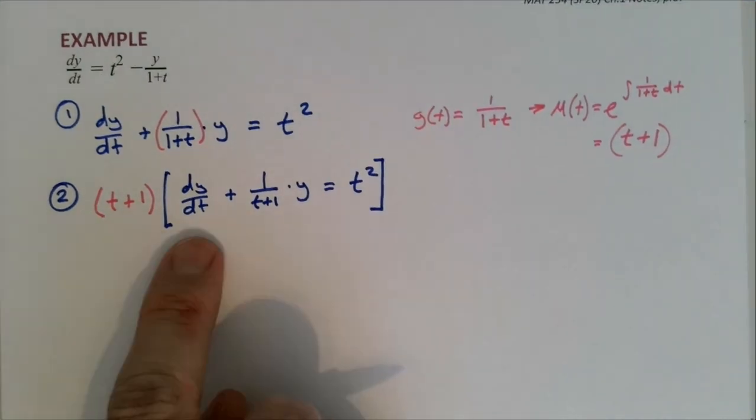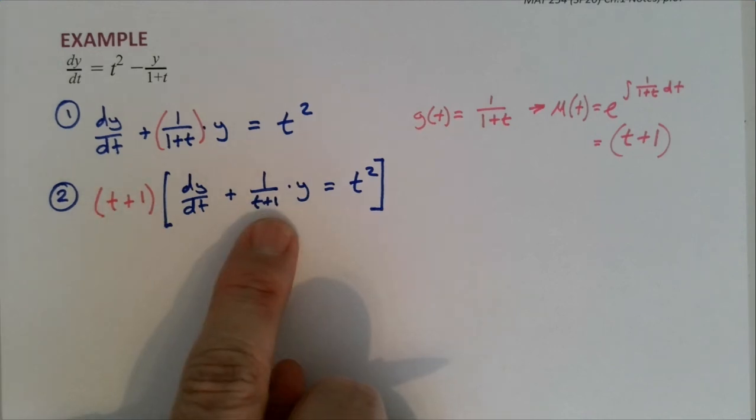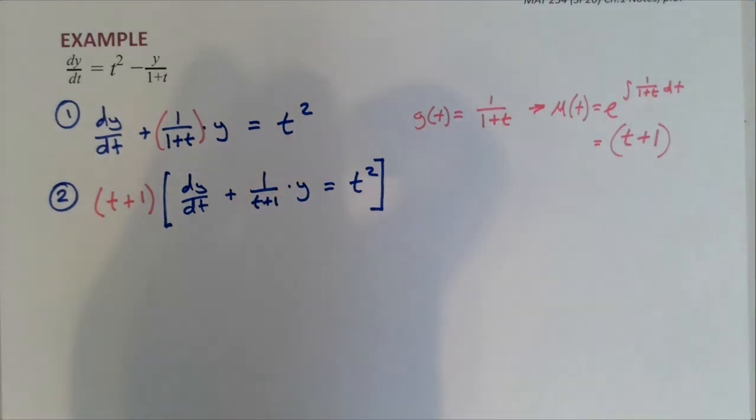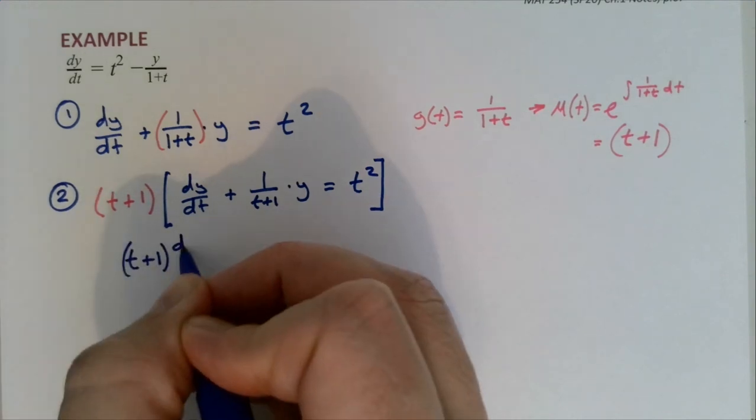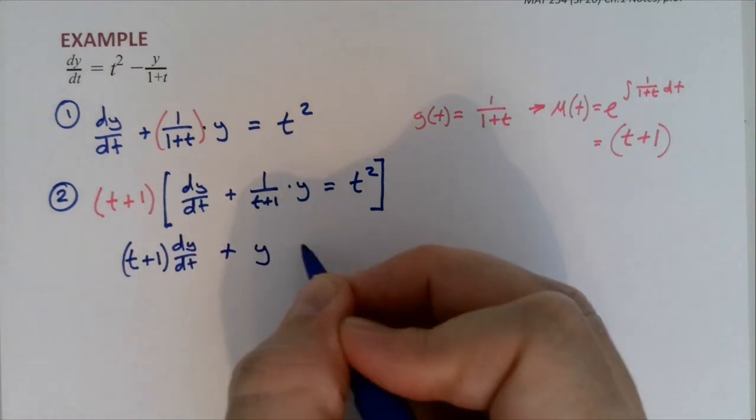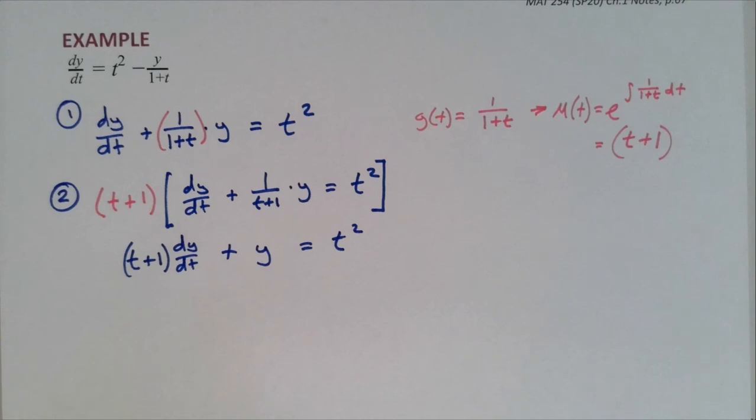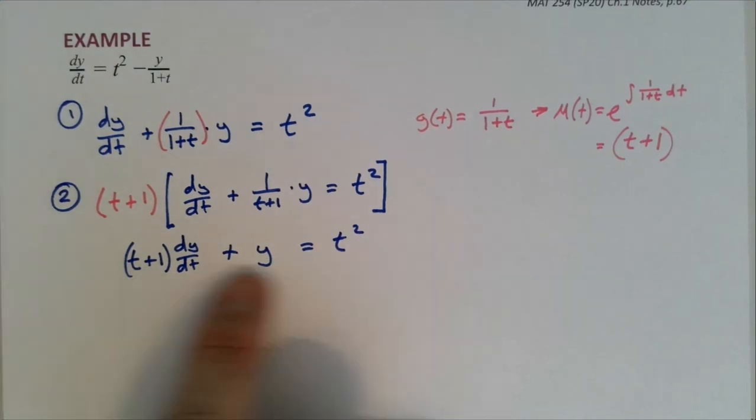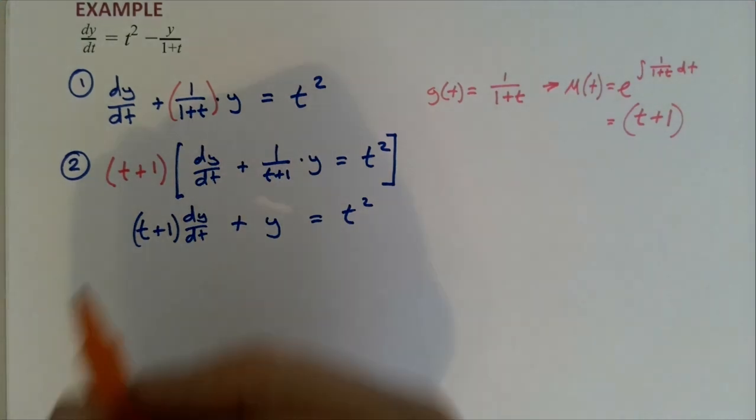Now when I multiply it through, notice what happens in the second term. The t plus 1 on the top and the t plus 1 on the bottom cancel. So I have t plus 1 quantity times dy dt plus just plain old y equals t squared. Now if I did it right, this left side should boil down to the product rule